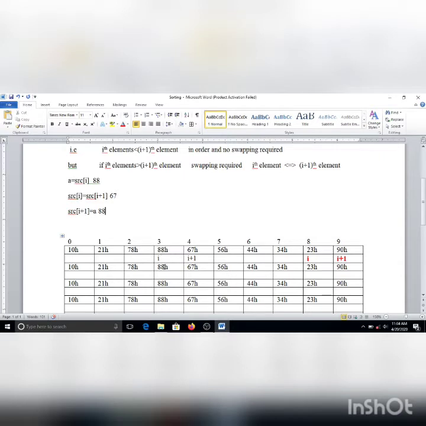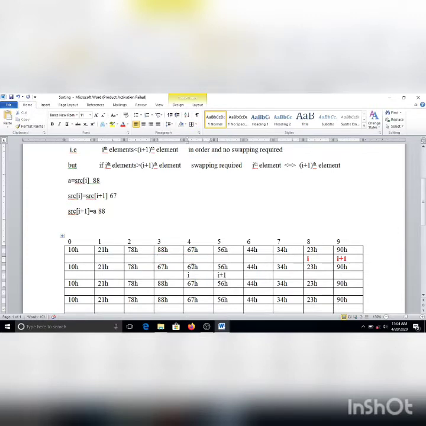It means we have performed an exchange, because of which 67 will be copied here and 88 will be copied here, and I and I plus 1 remain at the same locations. Now the swapping is done, so we will move to the next memory locations.